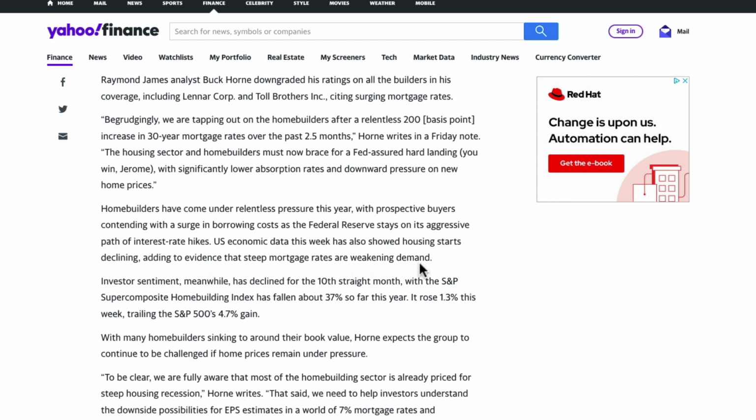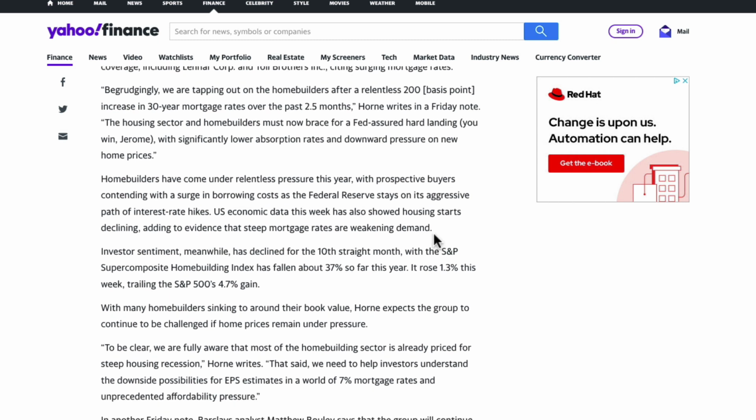adding to evidence that steep mortgage rates are weakening demand. And again, it might not just be that. When we see housing starts decline, as I point out, it might not just be demand. We know, in listening in on the conference calls for the home builders, that they are cutting back or canceling their spec building. So it may also be a drop in supply